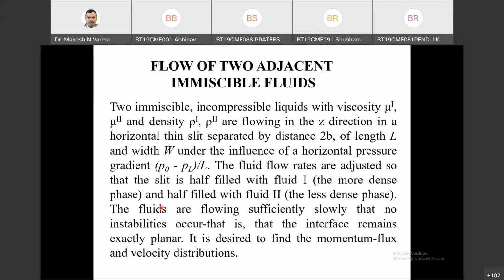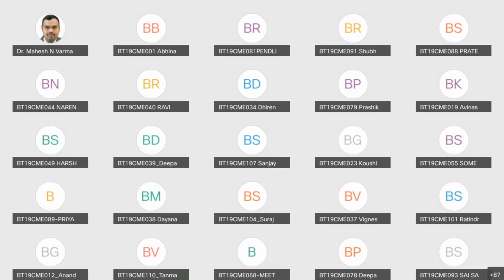Okay, now this is a two immiscible fluid problem. Two immiscible fluids. These are incompressible liquids with viscosity mu1 and mu2 and density rho1 and rho2. So there are two velocities actually. Two velocities are there, two viscosities, two fluids are there. So using these two fluids,